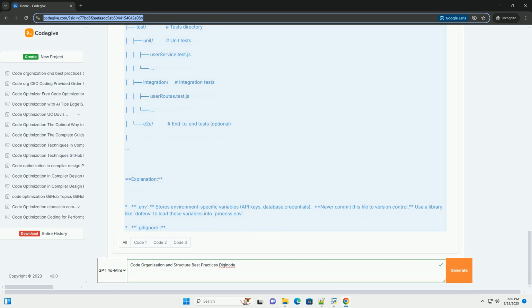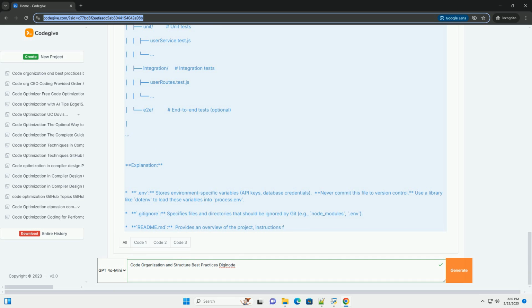1. Project structure, the diginode network layout. A well-organized project structure is the foundation of a maintainable application. Here's a suggested layout for a medium to large-sized Node.js project following the diginode principles. Explanation